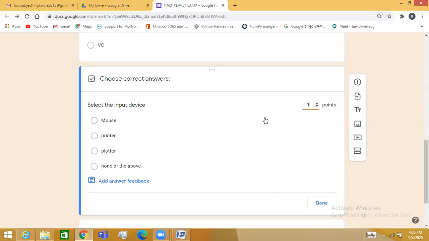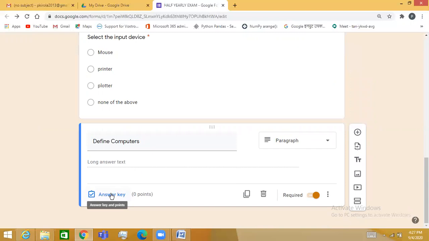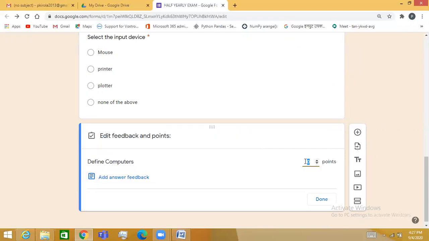See, if mouse is the correct option, then it will be displayed in a different color and a right mark will appear on the right side. Click the done button. For a long answer, double click the question, click on answer key and assign the marks, 2 points, then done.